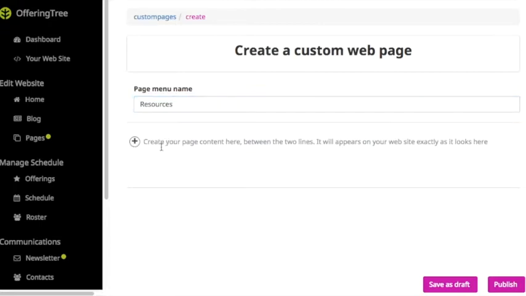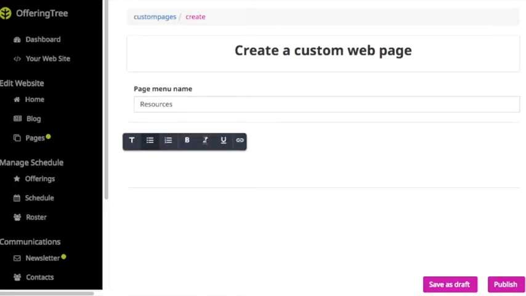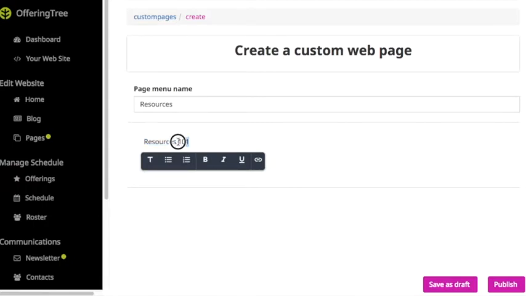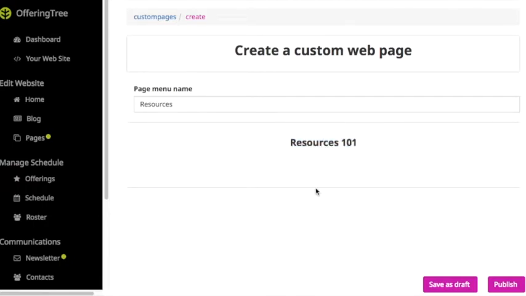Once I've created that page menu name, I can click down below, and this is where I can create all of the content. So I'll first create a title. I'll type in Resources 101, and I want to make this a title, so I'll actually highlight all of this text and then select the title. And then below it, let's say that I actually want to say, here is a useful